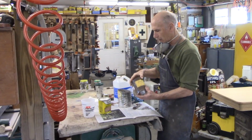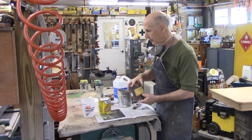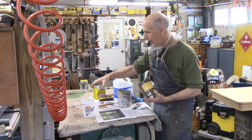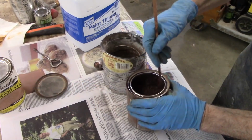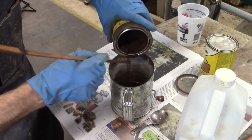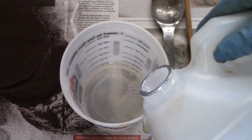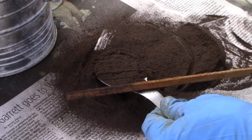So I'm going to use an oil soluble dye stain. This is from Lockwood's, Standard Oak. That means I can mix it in paint thinner, actually all kinds of solvents, but I'm going to mix it in some paint thinner, and then also add some natural wood stain to the mixture. You're supposed to weigh this stuff, but